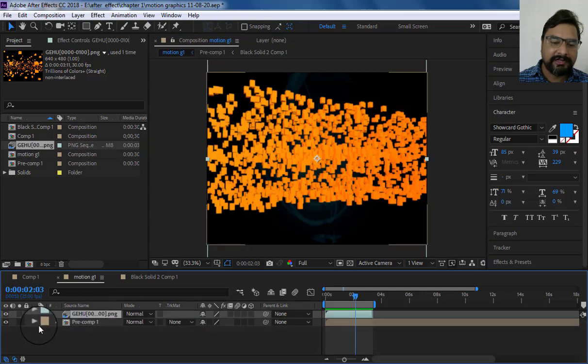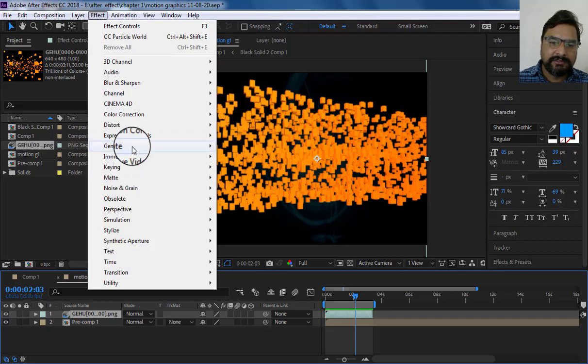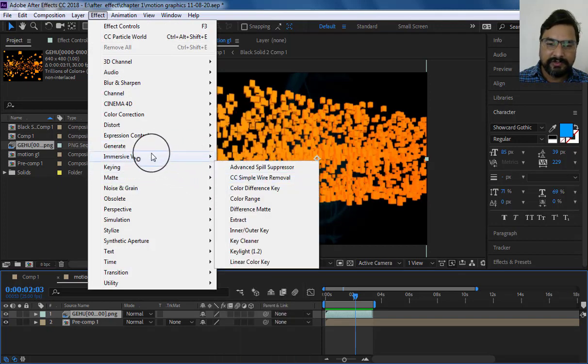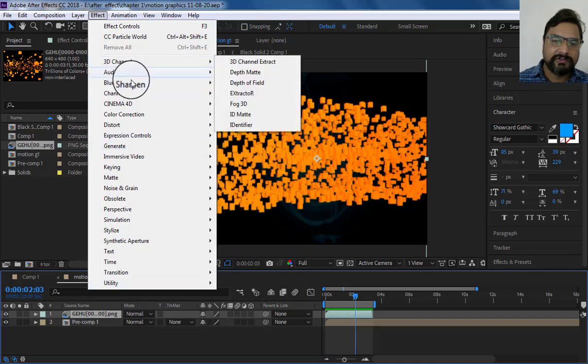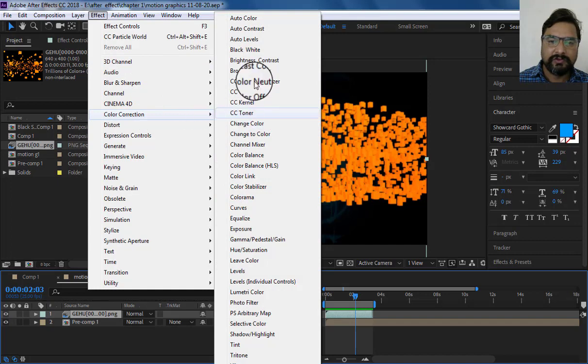To make it more attractive, we can also use the effect generate, and we can use different types of effects to make all these things more attractive. We can also use color correction. Go to and select, here is the option. You can use change color.